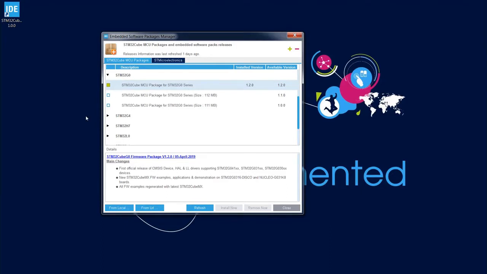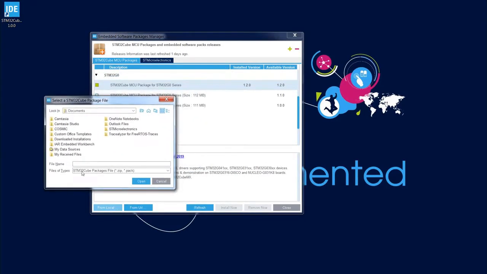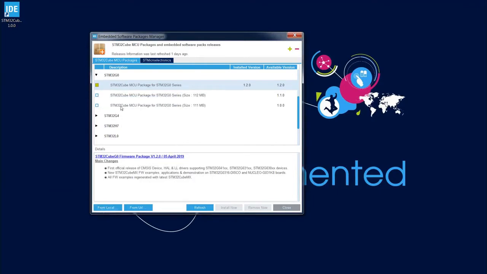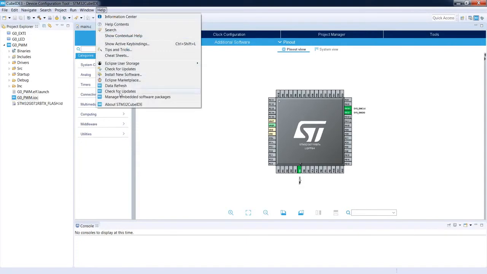Those can be downloaded separately from the web, and then once you've got such a zip file, you can install it from this point using this From Local option. In this case, you are just selecting the location of this zip file, press Open, and it will be installed automatically. We can check as well the available updates on existing libraries in the tool itself. To do this, we need to go to Help, Check for Updates.